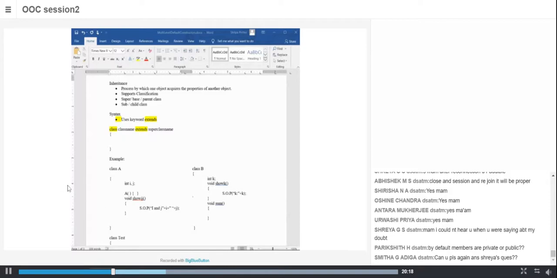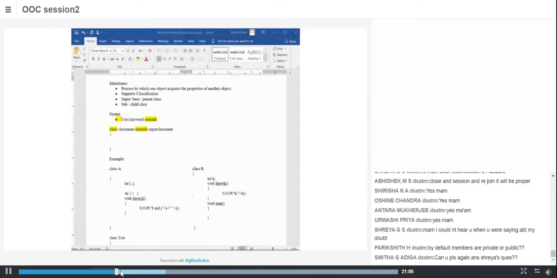Now can you make out? I made the changes. I is a private member, J is a public member. What happens then? Now I'm trying to access I and J within my class B. Is it possible to access? Yes, it is possible to access because B is a subclass of A or a child of A. Now, what happens in method sum? I can access the public member. This will work perfectly fine, but I will not be able to access the member I.